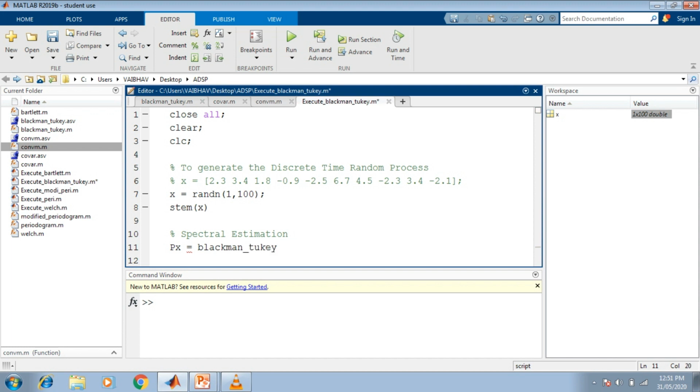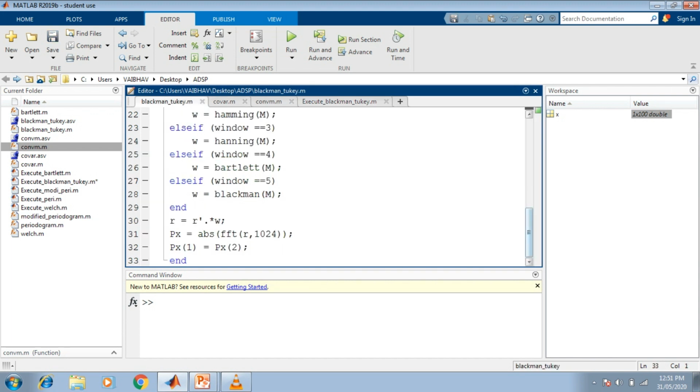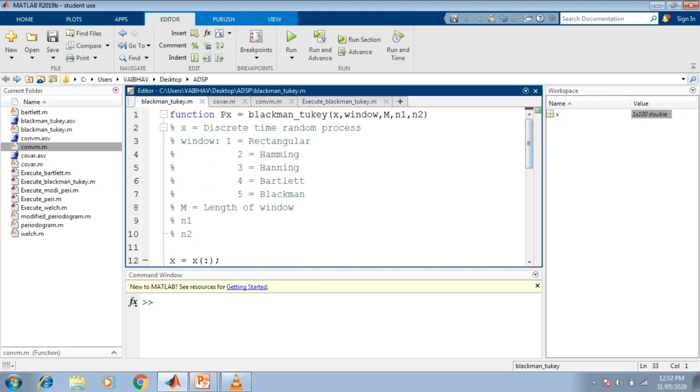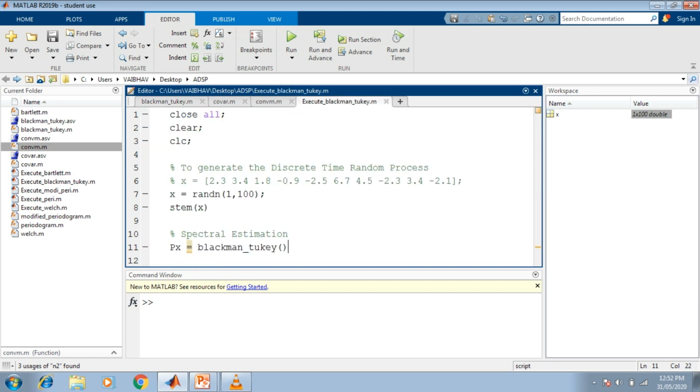So it is called with the function name I mentioned here, Blackman_2k, whereas the input parameters, as we can see in this particular case, the very essential one is the discrete time random process x, along with the type of the window, then the length of the window denoted by capital M, then the starting index and ending index. If we don't specify the starting index n1 and ending index n2, then it is to be operated over the entire length of the discrete time random process x here.